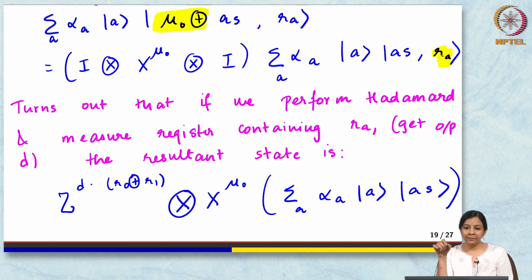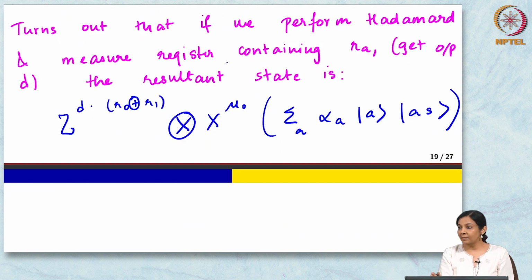You can work it out. So, you will get some -1 to the RA times gamma whatever, right. You can work it out. So, you will get this. So, now we look in really good shape, isn't it, because this is exactly what we wanted. This is a QOTP of the state that we wanted, okay. And we had ignored one B register, everything will work out if you also have the B, okay. So, you can check that.